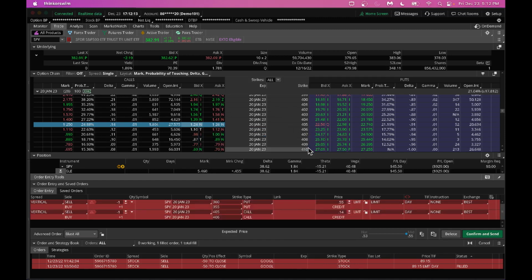All right, so we are doing a 405. We are selling 405. We can buy back 410. And look, we got 410 right here. And look, we are collecting a nice 55 cents both sides here. On the call side and put side, we are collecting 55 cents each. And we can confirm and send this. And look, we are 28 days out. It's 20th of January expiration here, and you're taking advantage of the volatility in the market,